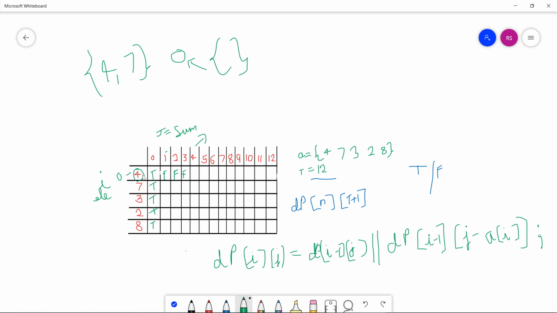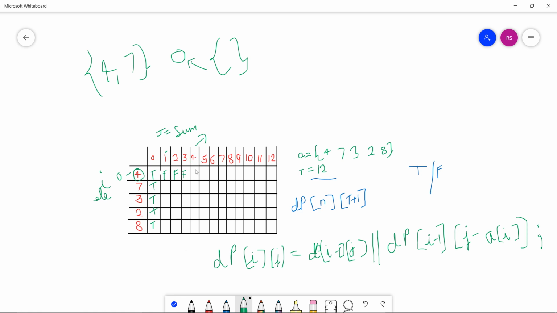currently we have only one array element, which is 4, right. Now we have an array of only one element, and that element is 4. We have to tell whether, in this one-element array, sum 4 is possible or not. My answer will be yes, because we have only one element in the array, which is 4, and we have to give the sum 4.